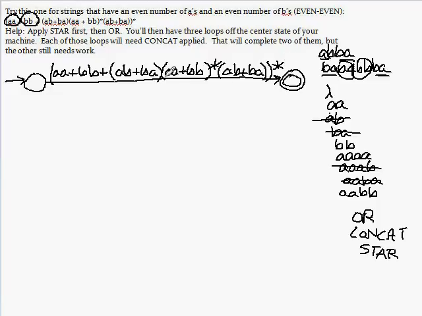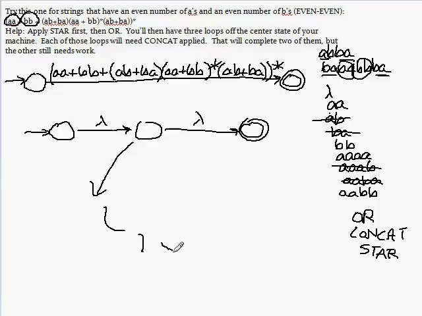and so you need to get rid of that star right there. So what you're going to do is put a new state in the middle, lambda to it, lambda out of it, make a loop on that middle state, and put AA or BB or this big old long thing right here on that loop. And then everything you do is going to involve that big loop. You're going to end up with a machine that has this kind of look and a big old loop with possibly things happening along this loop, you know, states here and there along here,